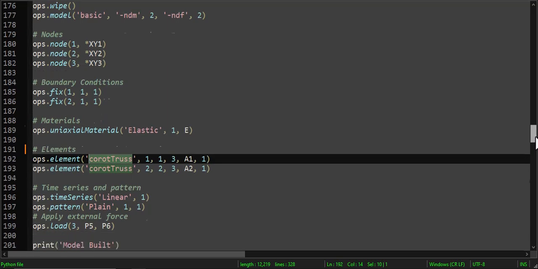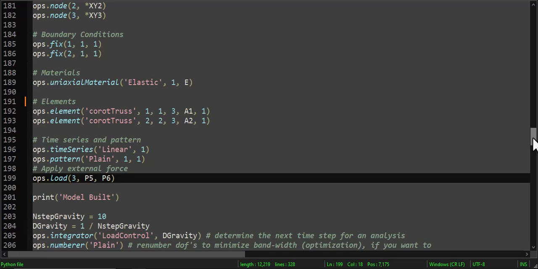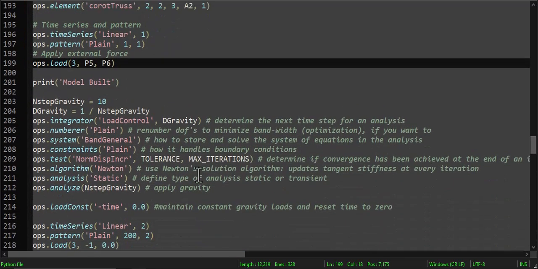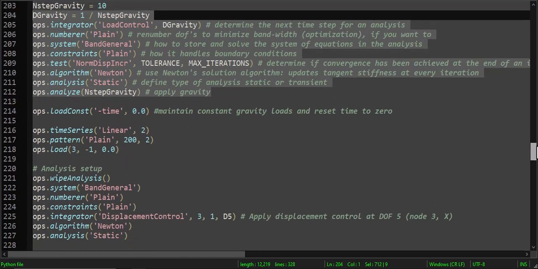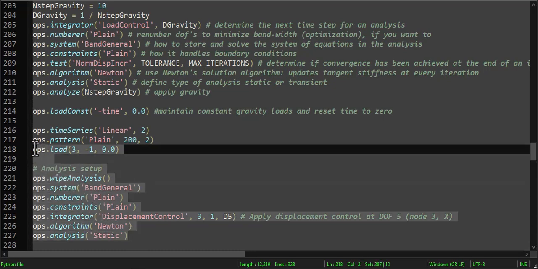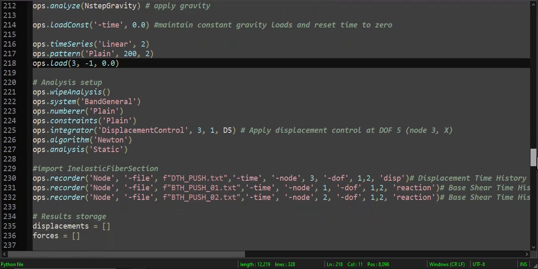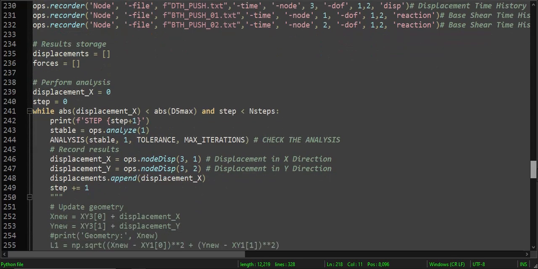And also in here we're going to define the time series for applying external forces. So in degree of freedom number 3 we're going to apply the external forces, and also in here we're going to apply the displacement in degree of freedom number 5 at node 3, and in each step we're going to output the displacement and base reactions of this truss element. I use these while functions, and if the analysis does not converge,